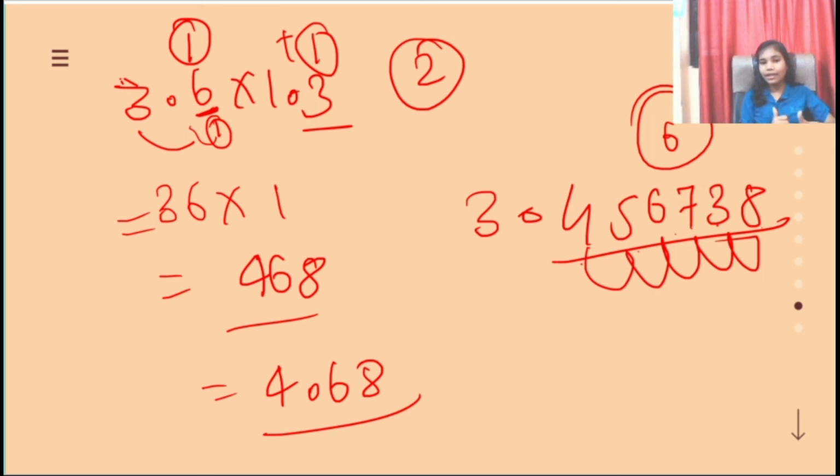If you are good at counting, then your answer is correct. Right, so this simple it was. So I hope you got what I mean. Okay, so we have learned here how to multiply a decimal number and a whole number, and a decimal number and a decimal number. In short, how to multiply decimal numbers. So I think we have completed our session here. This session was very short.